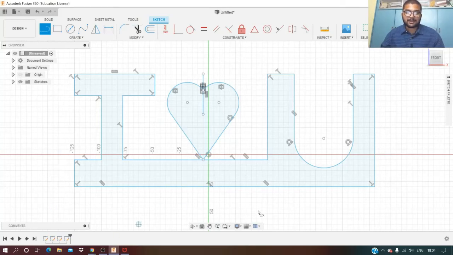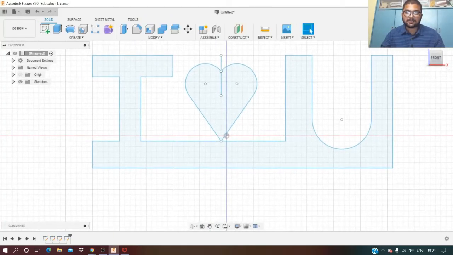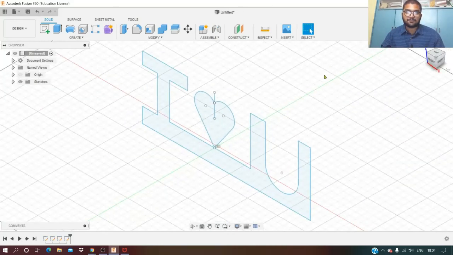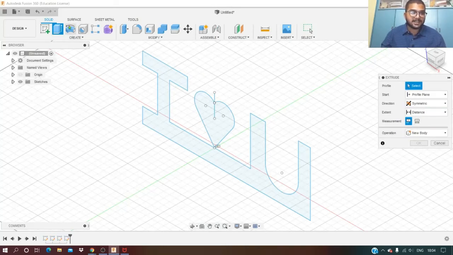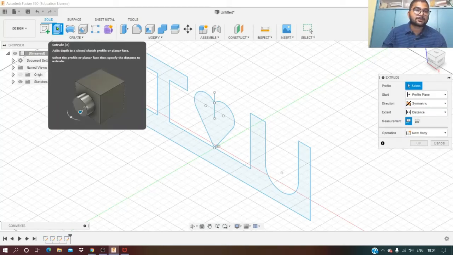I have completed a closed sketch and I am clicking on finish sketch, and then on the home button. So you are getting something like this. Shall we do something? Yes, profile. I don't want to extrude it to two sides. When you hover over it, you get the option extrude, which is the same even in Solid Edge.